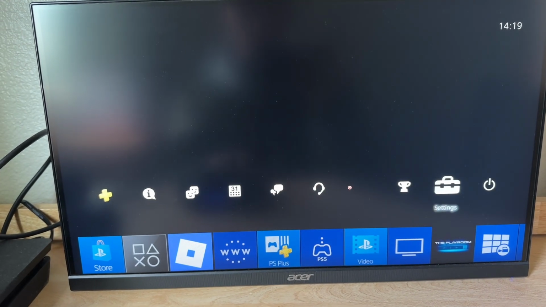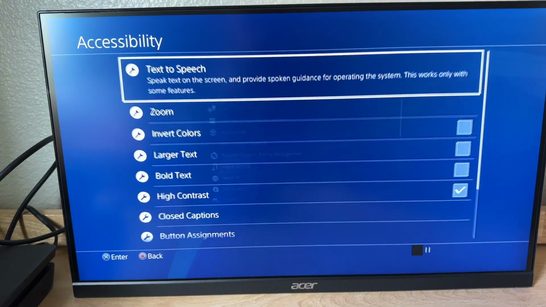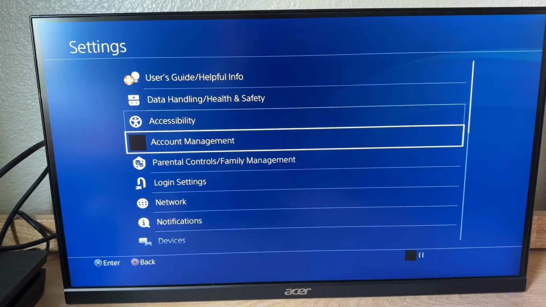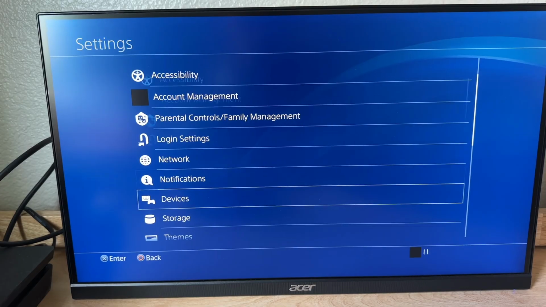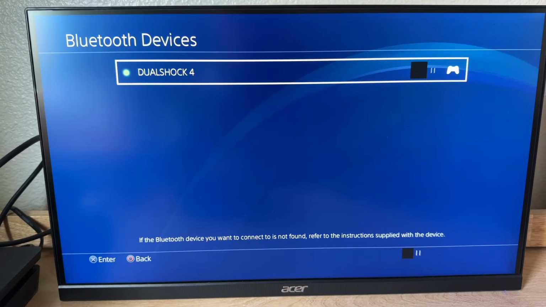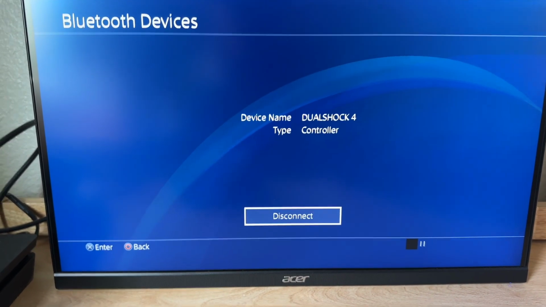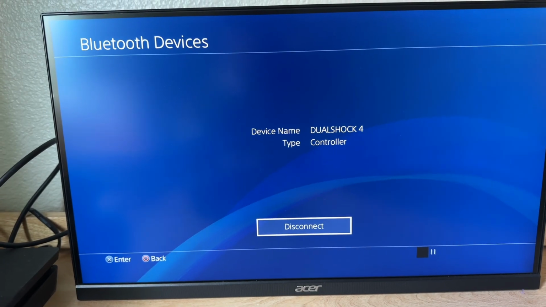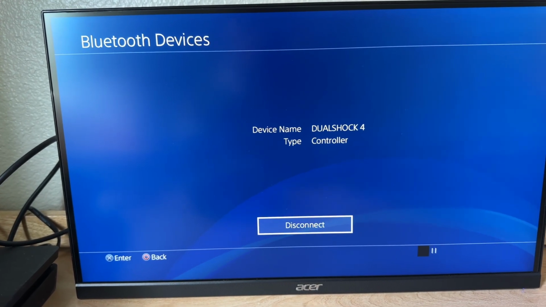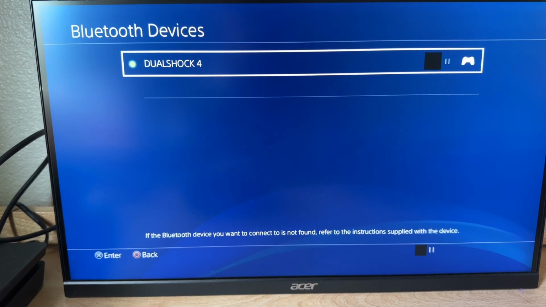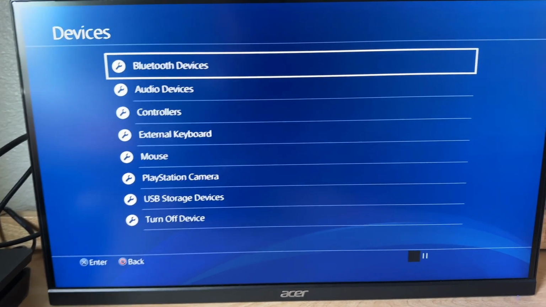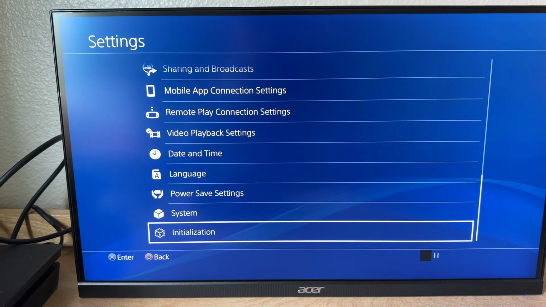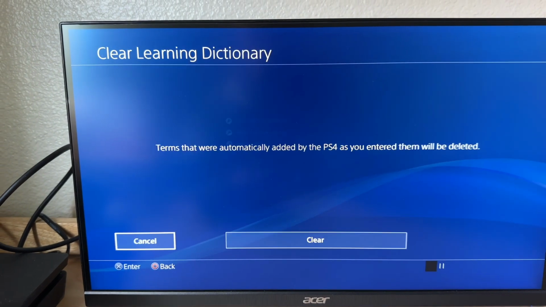And then you want to go to settings, accessibility, tap invert colors, and then toggle it off to reset the GPU. And then you want to go to devices, Bluetooth devices, and then you want to press the DualShock, and then you want to disconnect it, and then unplug the wire from your controller, and then plug it back in. And then you want to hold the PlayStation button, and then it'll connect back, and that pretty much recalibrates your controller. Then you want to go down to initialization, then clear the learning dictionary,